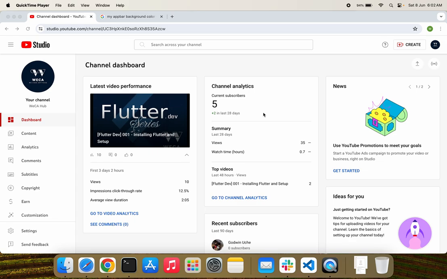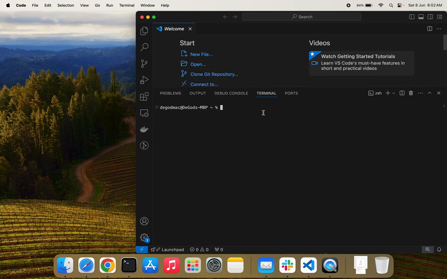All right. In this episode, we'll be talking about how to create our first Flutter app. So, like I recommended, we are going to be using VS Code. And here in the terminal, we'll be running our Flutter commands to create our Flutter apps. Now, there are some rules, some regulations that are within the Flutter environment and the programming environment at